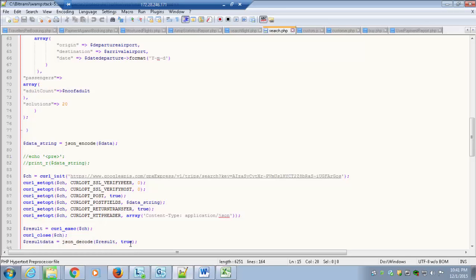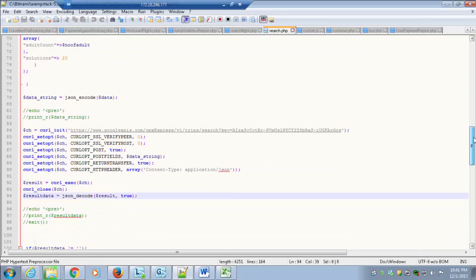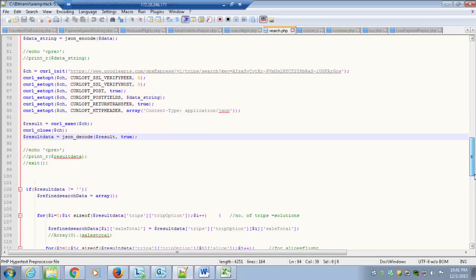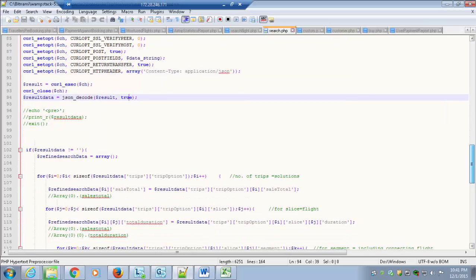The reason we have true is that for the Google API, if we do not give true in the JSON decode, it would give us the object required error. So in that case, we had to give true. Then if I scroll down, you see that we have used refined search data.